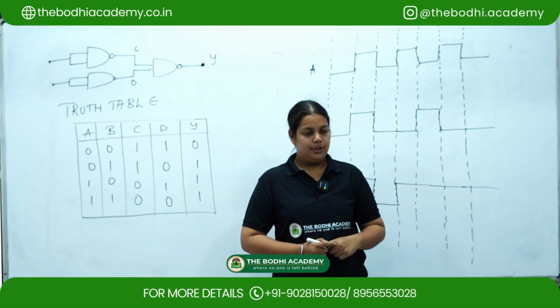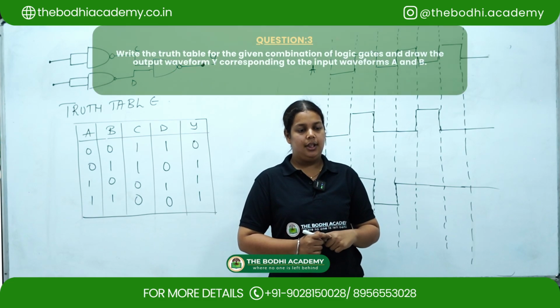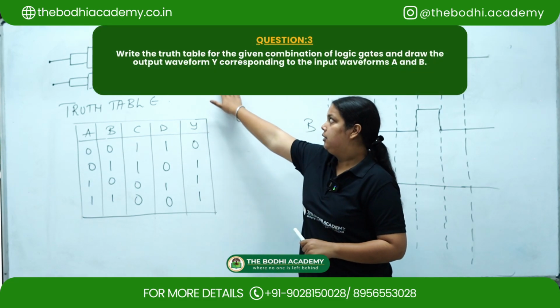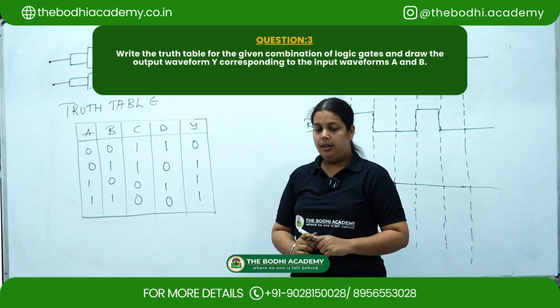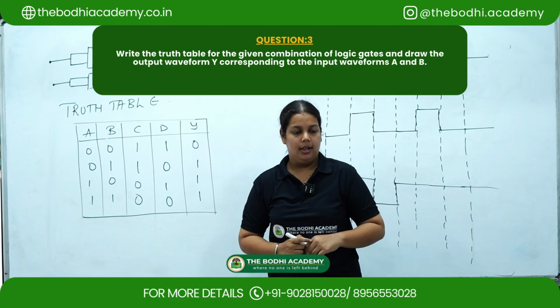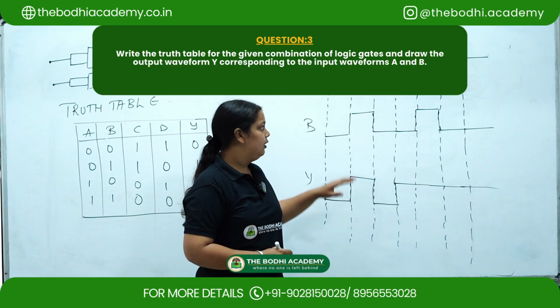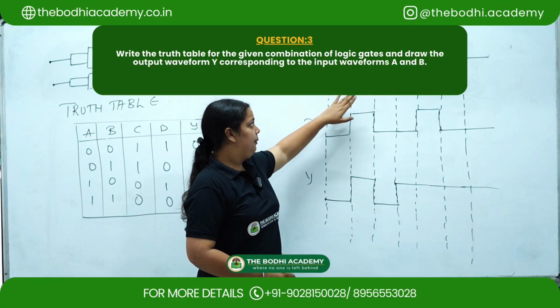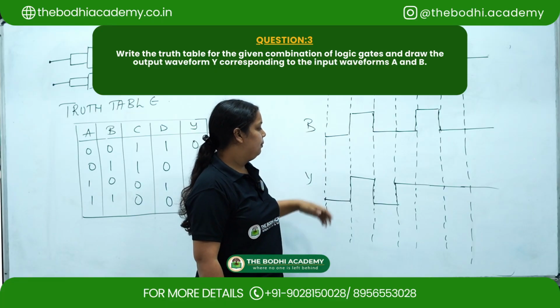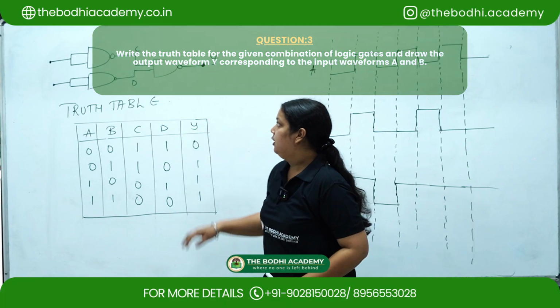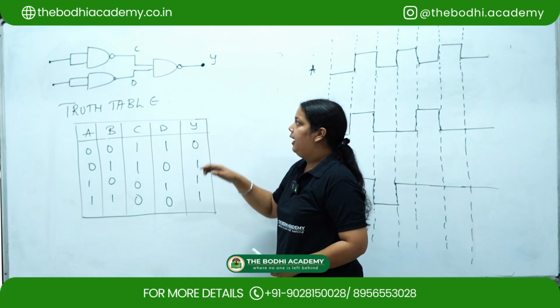Coming to the next question, we have to write the truth table for this combination of logic gates, and we have to draw the output Y for this A input and B input. So the combination of logic gate A and B